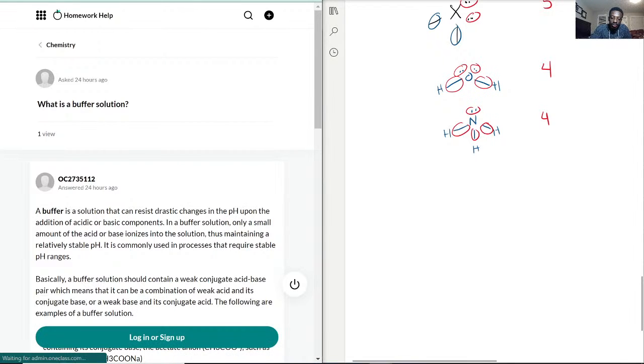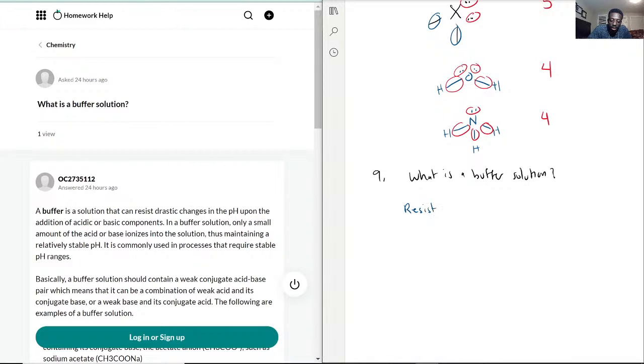So now, question 9. What is a buffer solution? Buffer solutions resist changes in pH. How? Because a buffer solution has a mixture of its acid and conjugate base. So the way this breaks down is that if you added more acid, the conjugate base in it